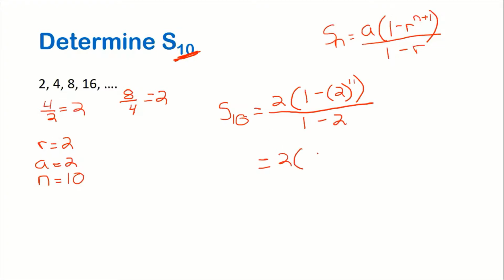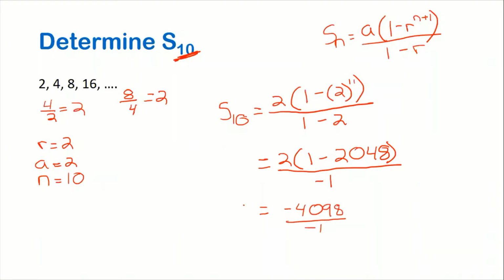So this is going to be 2 times 1 minus 2048, all over negative 1. So 1 minus 2048 multiplied by 2 gives us negative 4098 all over negative 1. Our negatives cancel out. So we're left with S sub 10 is equal to